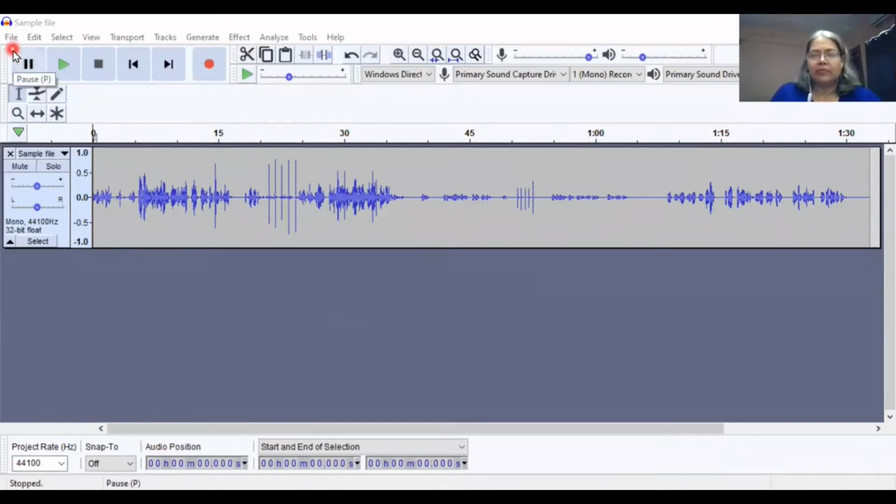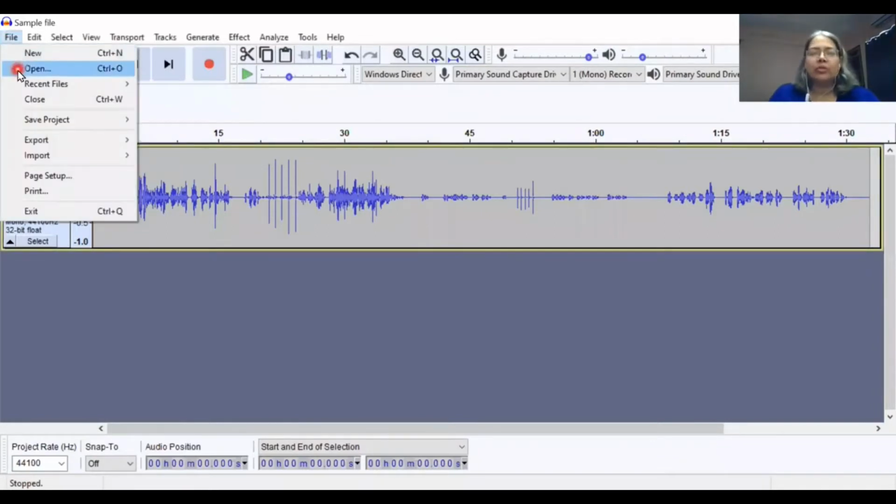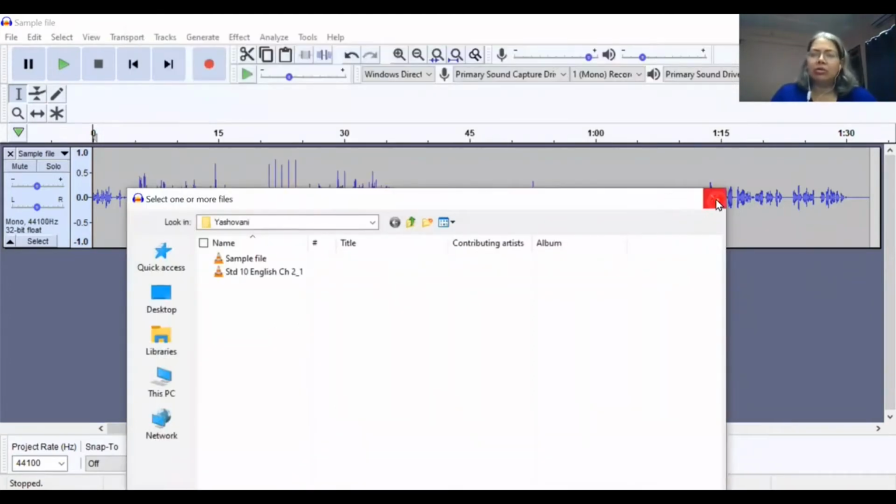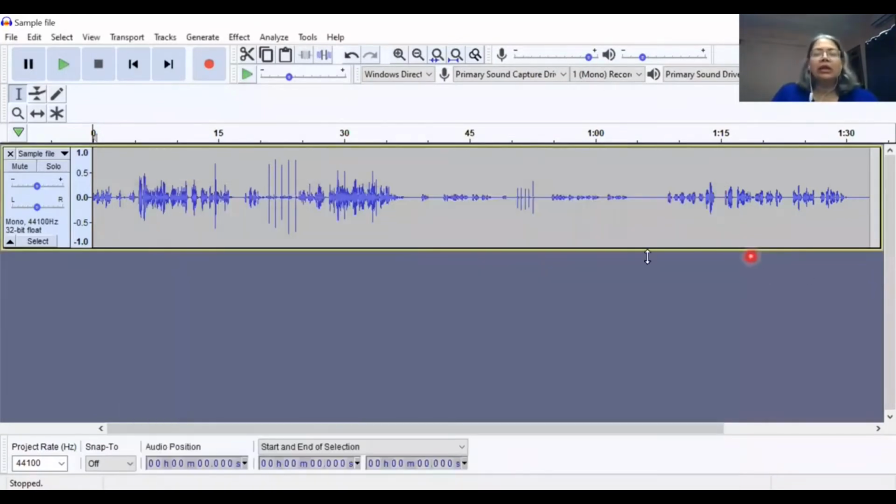But I'll also tell you how you can open the file in another way. Go to the top left corner and say file, left click on file. Now this is the top drop down menu you see. So open. So top left corner, file and open. When you say open, it will take you to the computer. Yes. So do you see it is taking me to my browser, my computer browser, and I can use the browser to go to my file and open it by clicking on it and saying open at the right bottom corner. It is the same operation done in two methods.